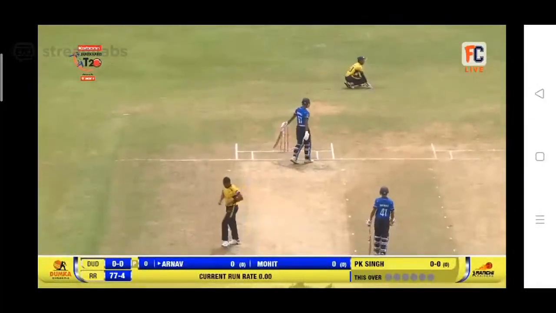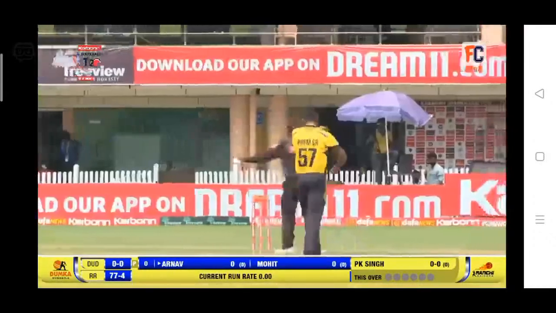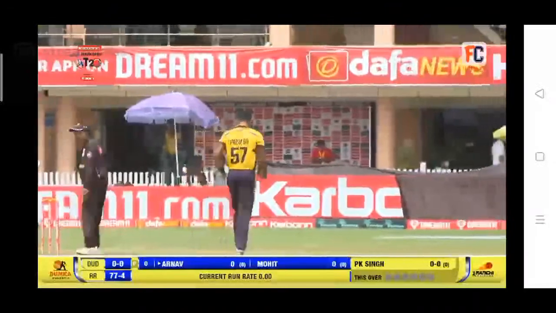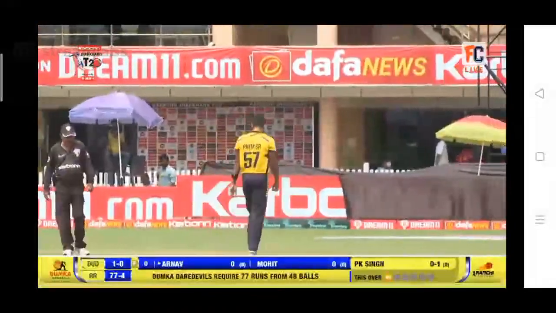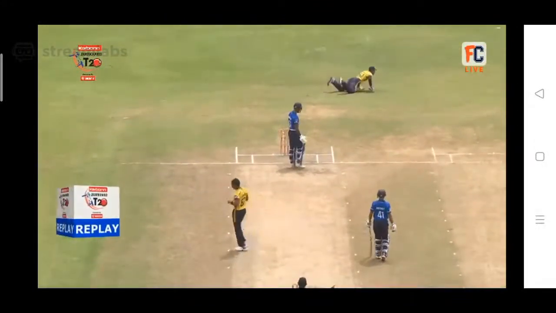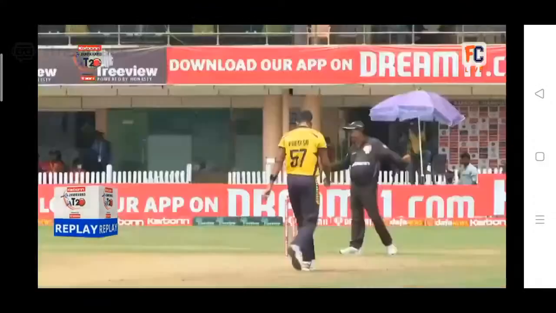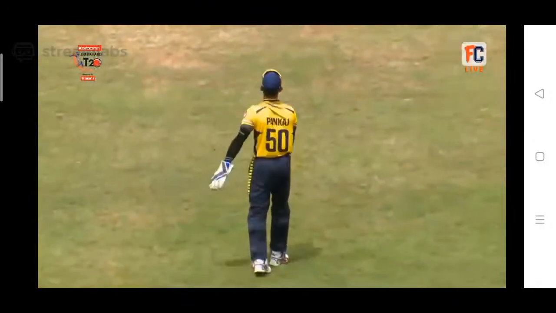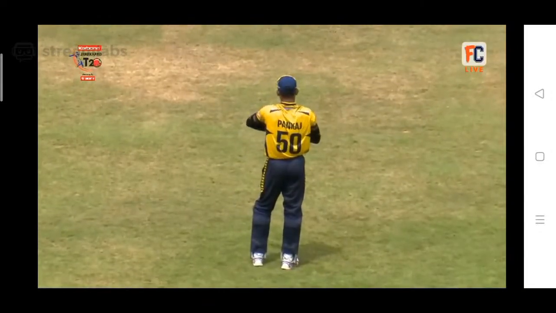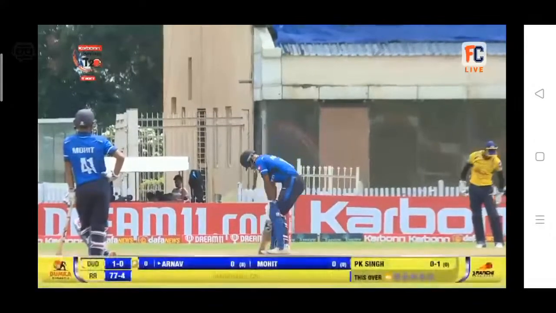Outside the leg stump, must be a wide. So they start with a wide. In a Dumka innings, you've got to bowl even if the bowlers try to bowl on and around the off stump or slightly outside the off stump, so that the batsman going for shots will have to drag it from outside the off stump down towards the onside.